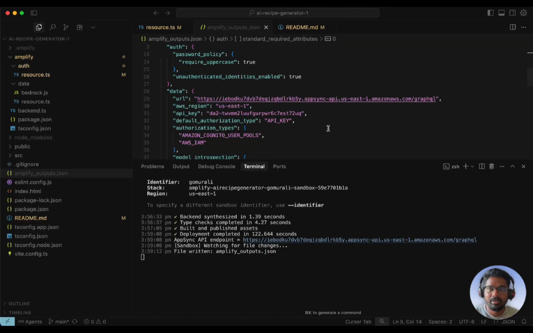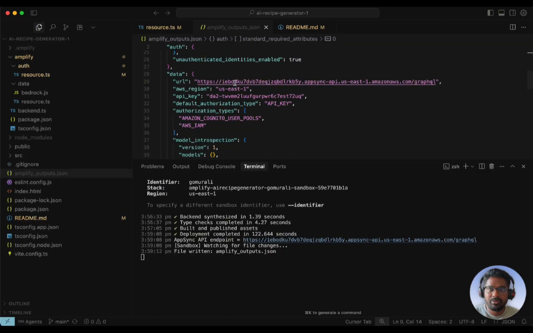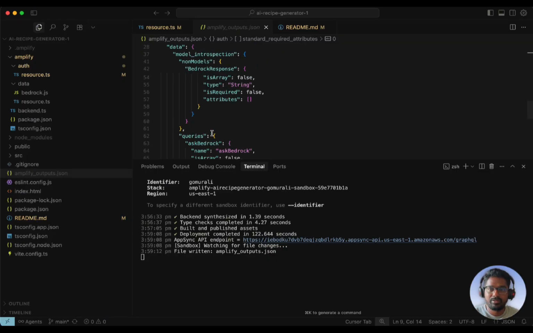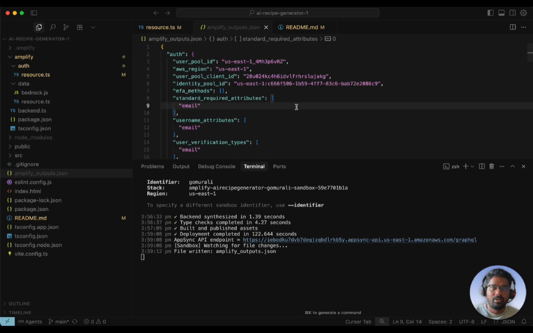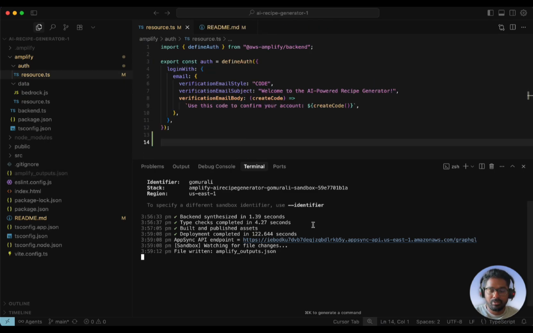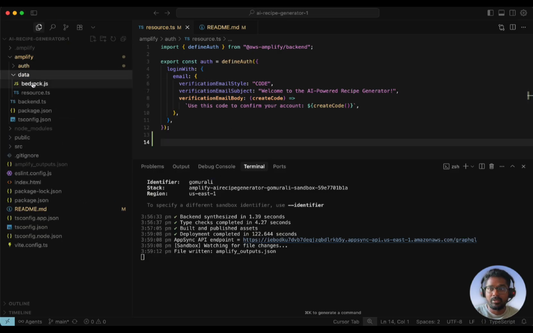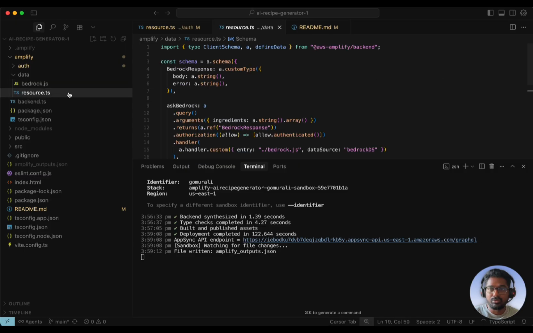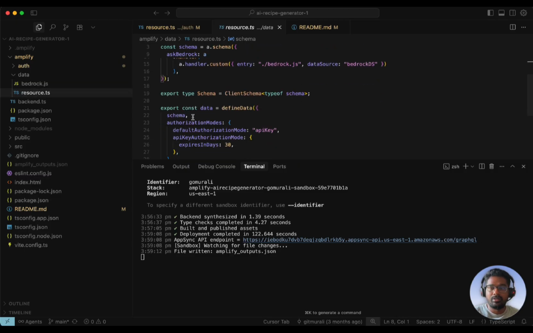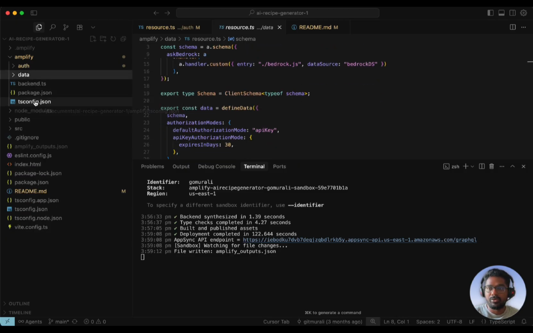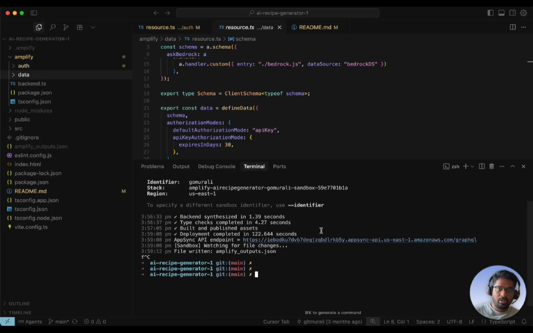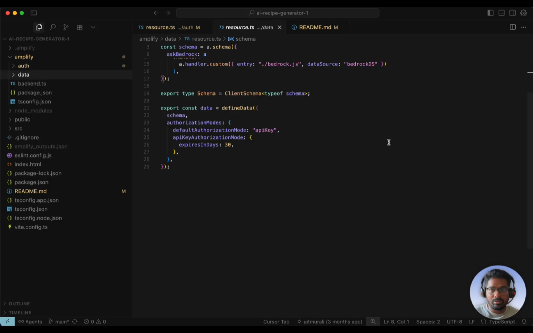You can see all the details of your application, your data URL, and the other stuff. Okay, so feel free to go through it. You should be able to understand what it is trying to output, right? So if you are done with setting up the backend auth and data, the Bedrock, and also the resource.ts file, the AppSync endpoint has already been updated. So all you have to do is cancel this out and close this for a minute